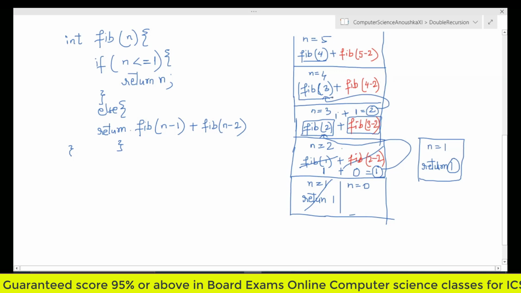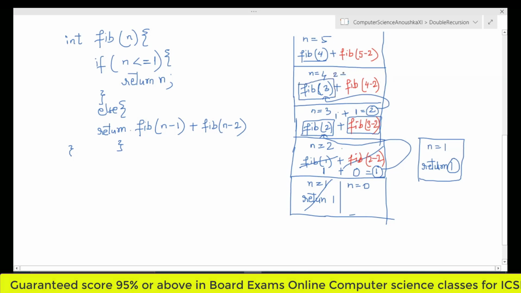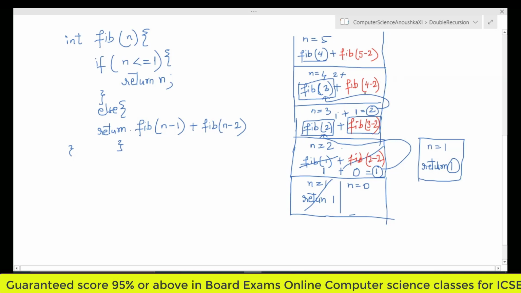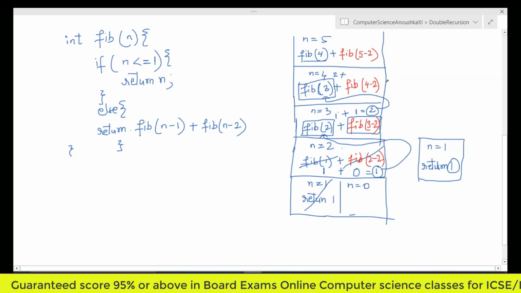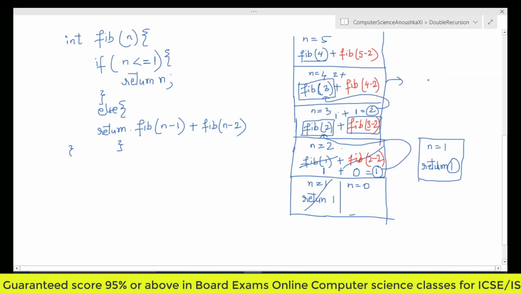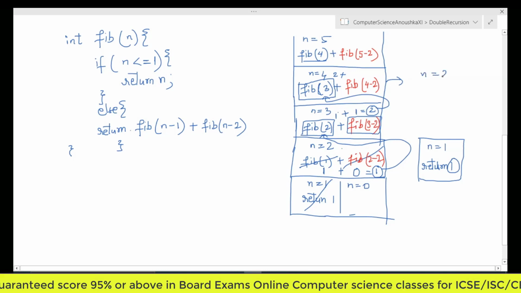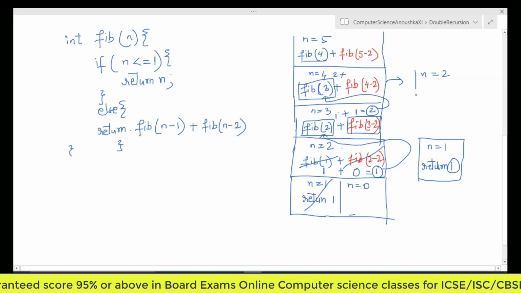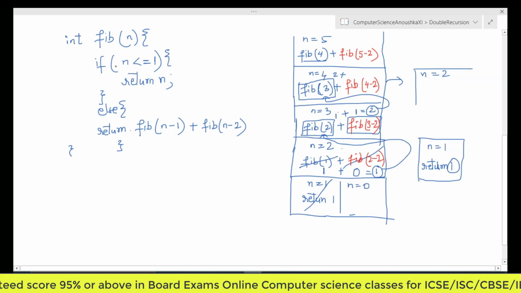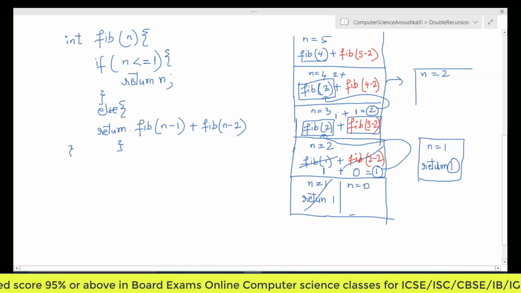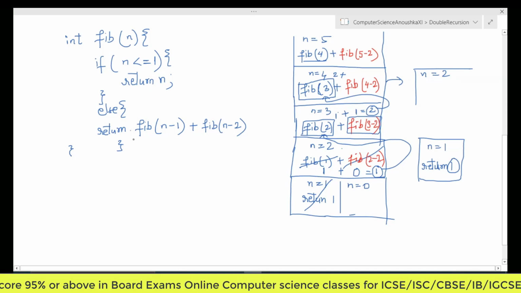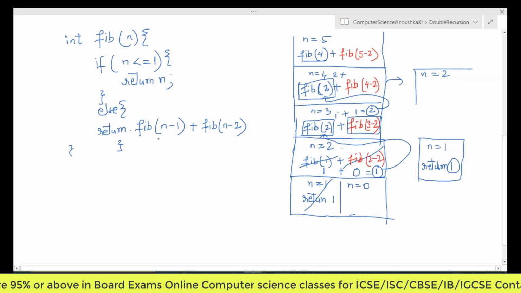So here, instead of this call, you have to write 2, then plus. Then it will call this function. So here the value of n is 2, right? When the value of n is 2, this condition is false, so it will execute the other condition.